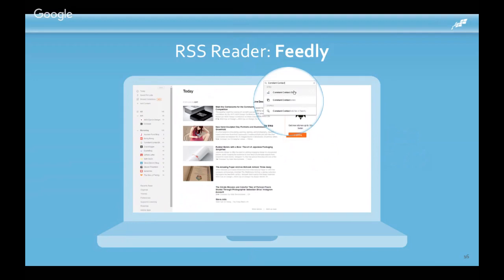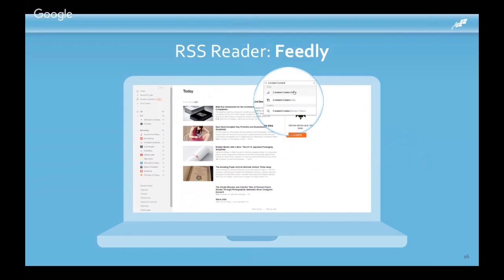Another way to get this content that's a little bit more technical and you have to add things manually is to use a tool that I love called Alltop. Alltop is a brilliant website that is basically an amalgamation of all the top blogs on pretty much any given category under the sun. So if you're into butterfly collecting, there's an Alltop on that. If you're into social media marketing, there's an Alltop page for that. And you can create your own Alltop page by logging into Alltop. It's a free service, and it lets you do all of that.